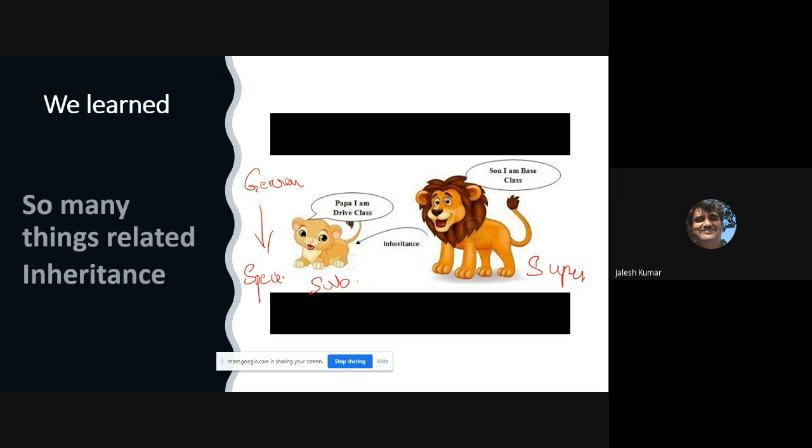Generalization is the base class, superclass. But specialization is the subclass. According to your wish, you can do the things, but some properties you will inherit. The subclass will learn new things along with the inherited properties from its parent.